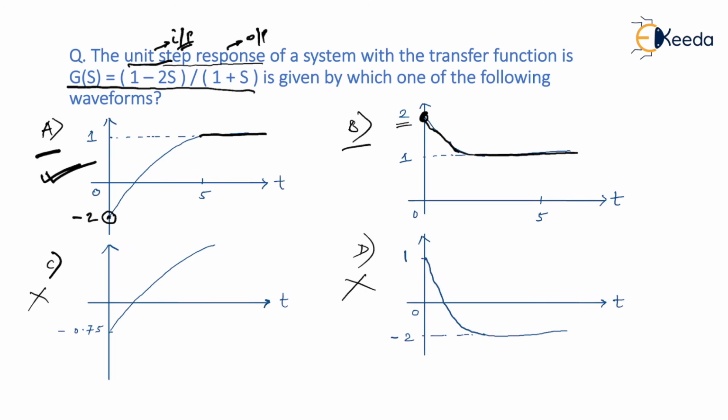So now I'm sure you have understood how to apply the initial value theorem and final value theorem. Please remember, the initial value theorem is applicable every time in control systems. But when it comes to the final value theorem, you have to make sure that it is bounded in nature. That is, all the poles should be present in the left half of the s-plane. In case a pole is present at origin, make sure that only one pole is present at origin. If there are multiple poles at origin, again it is unbounded, and the final value theorem is not applicable. If poles are lying on the j omega axis, again the final value theorem is not applicable. If poles are lying in the right half of the s-plane, again it is unbounded in nature, and the final value theorem is not applicable.